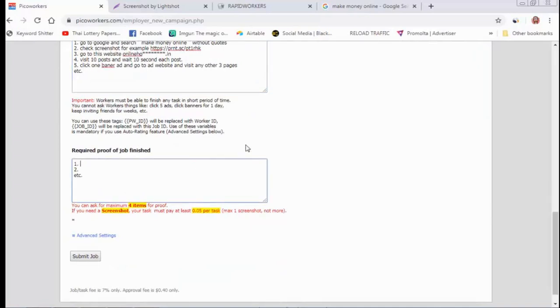What proof do I need? Send a screenshot of your browser history. Send a screenshot of your browser history. Okay, first this one, and date and time must be visible,